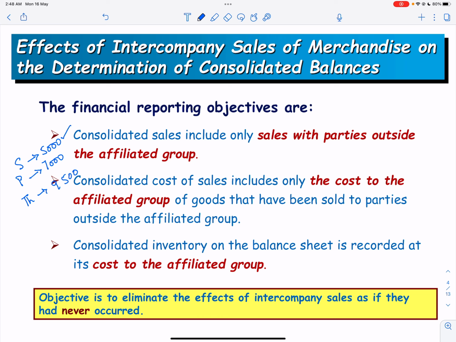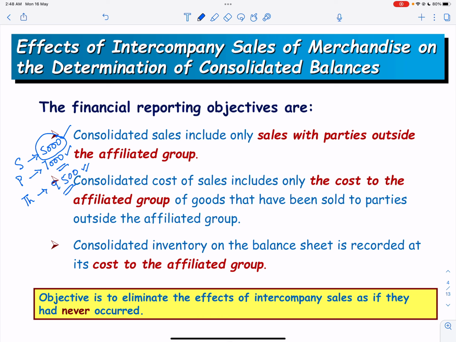The cost of goods sold for parent company is 7,000 because the parent company purchased from the subsidiary for 7,000, but the profit to the affiliated group will be 9,500 minus 5,000, that is 4,500, and not 9,500 minus 7,000